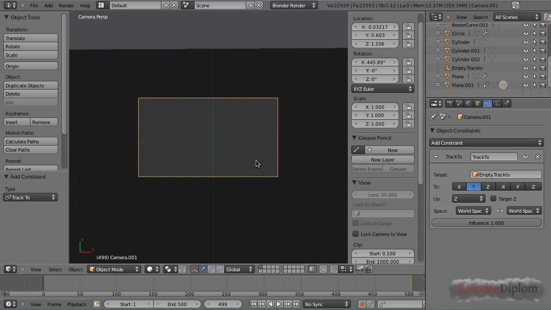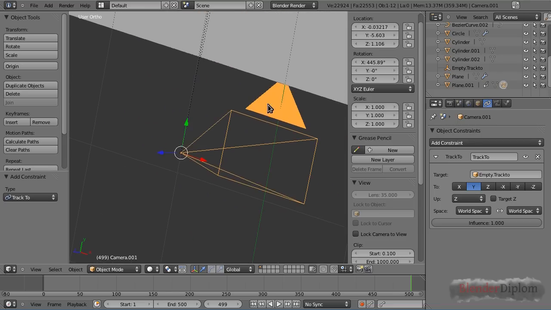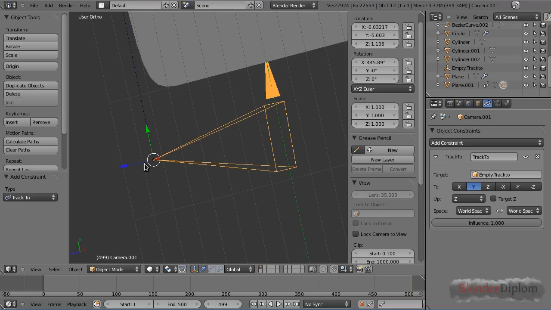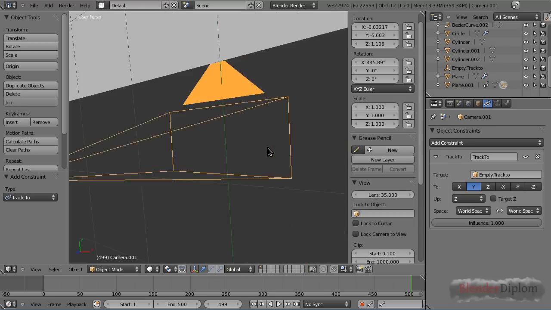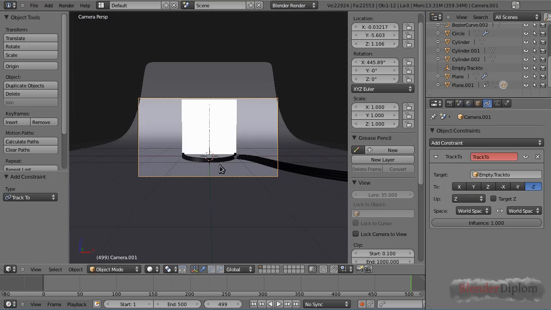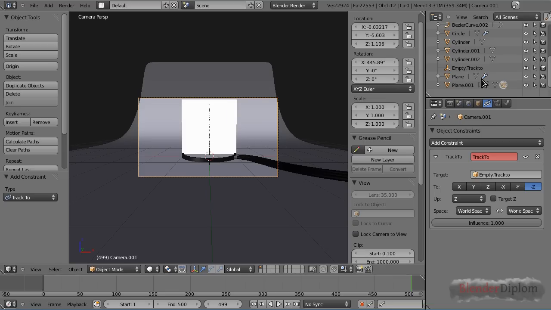We need to find an axis of our camera that's tracking to the empty end. Now let's have a look at how our camera is looking in the local space. And you see that the z-axis that's pointing upwards is actually pointing to the opposite direction as the camera is looking. So if we are selecting for 2 minus z, we are perfectly pointing to the track part, but